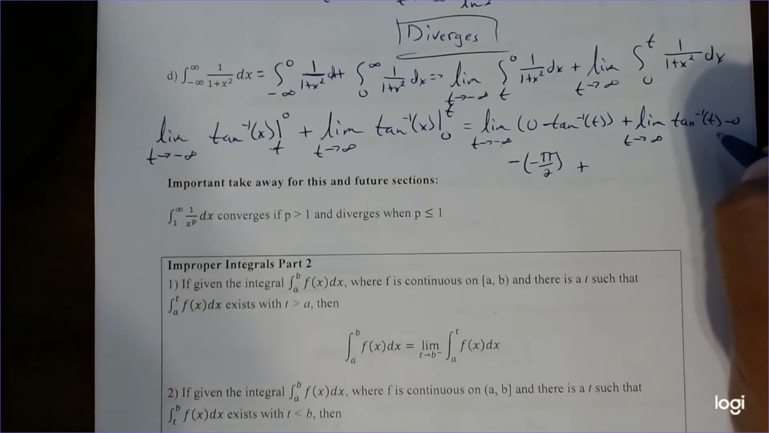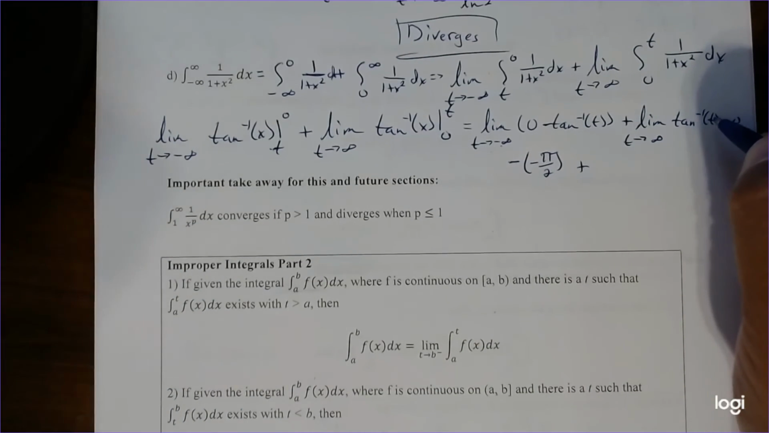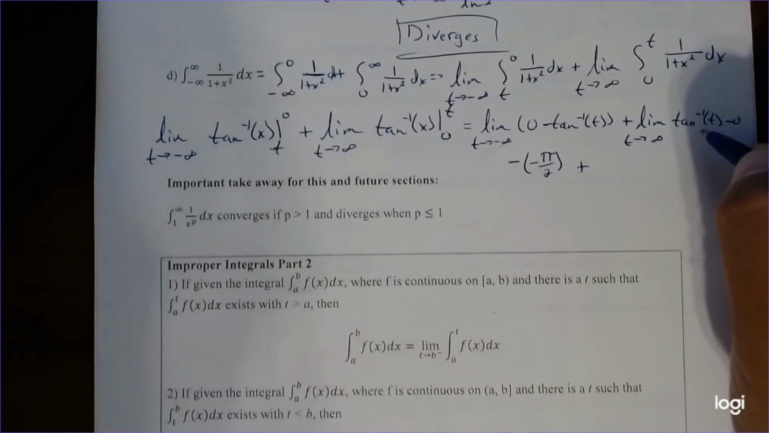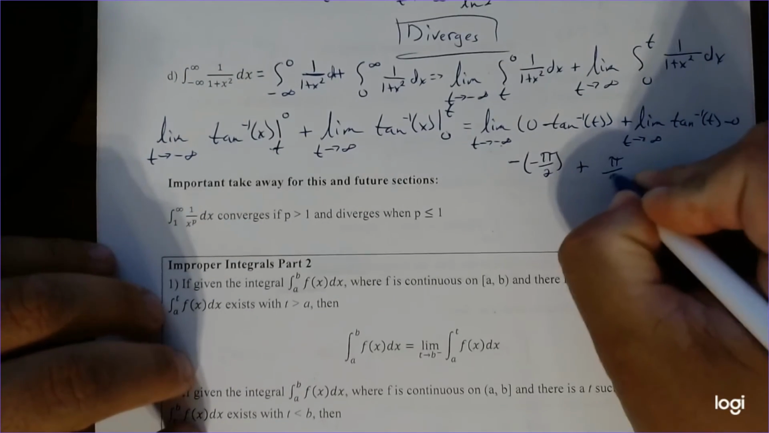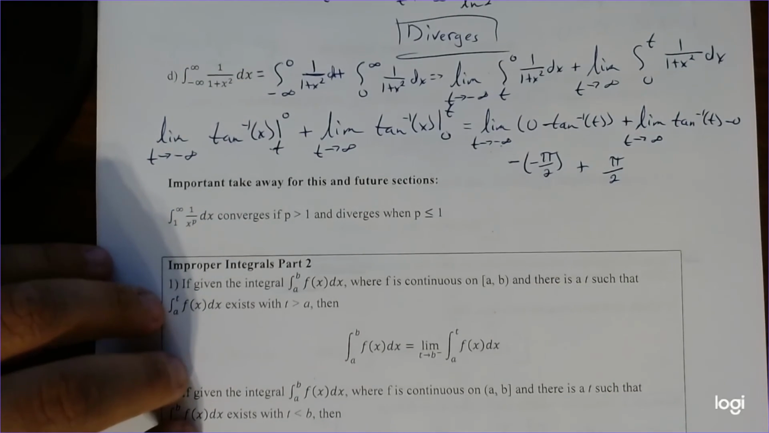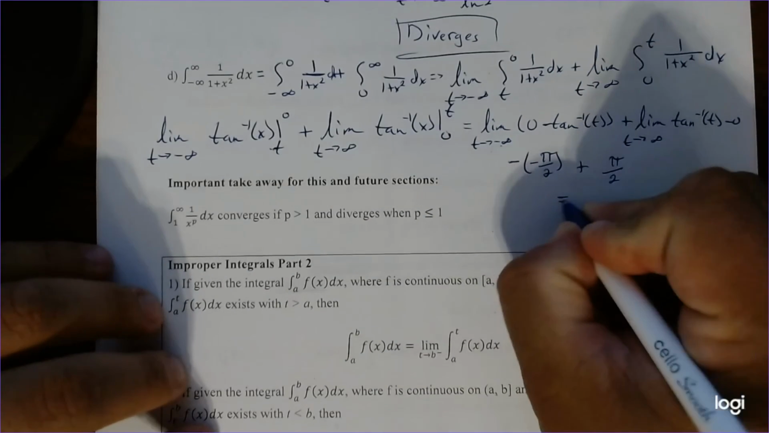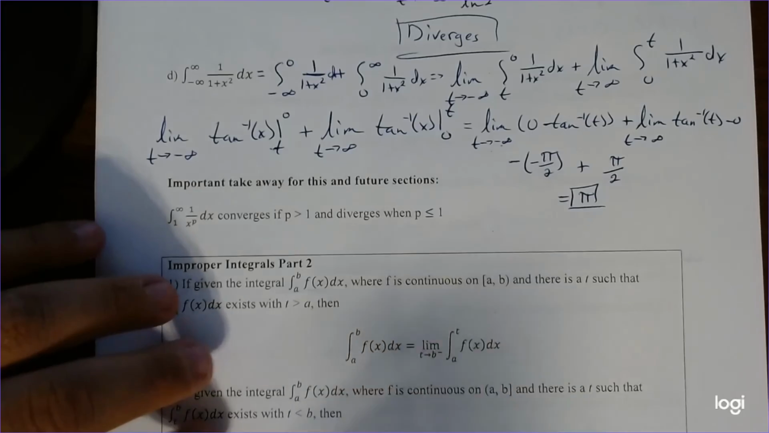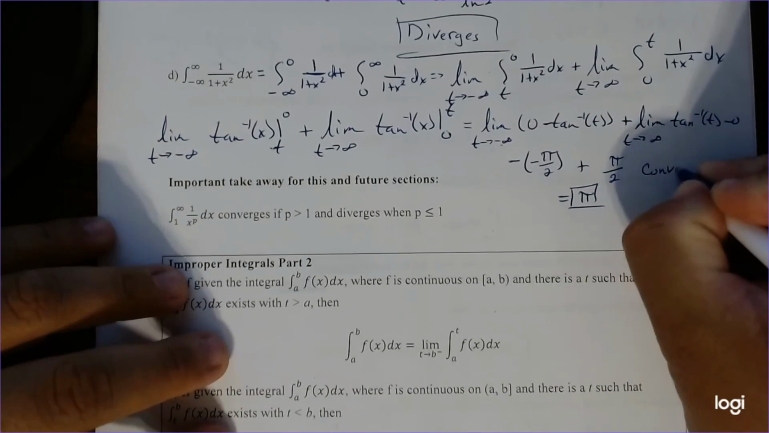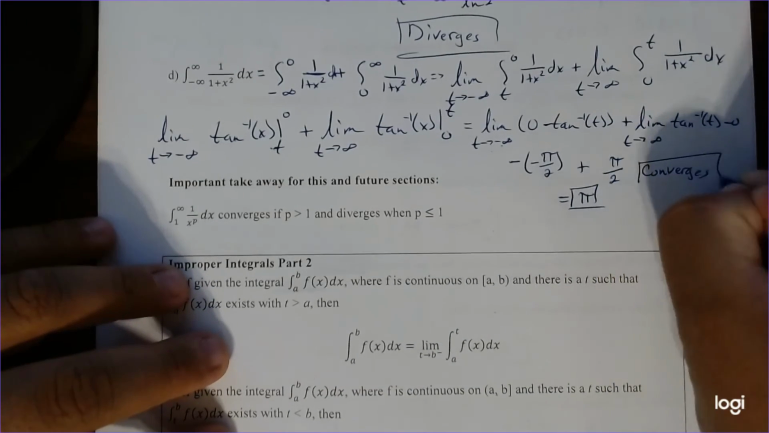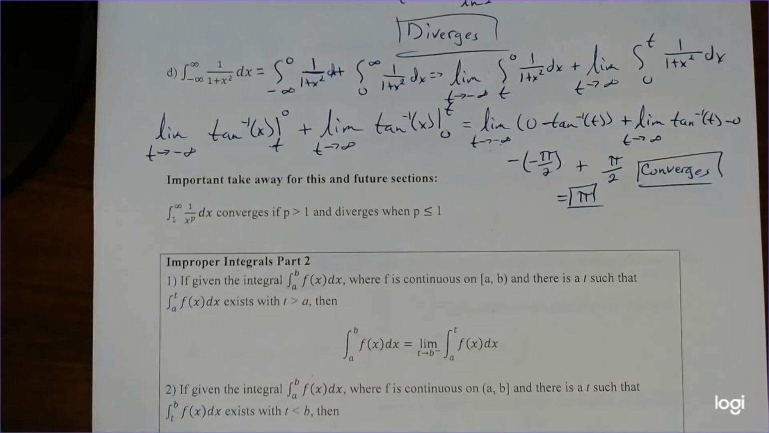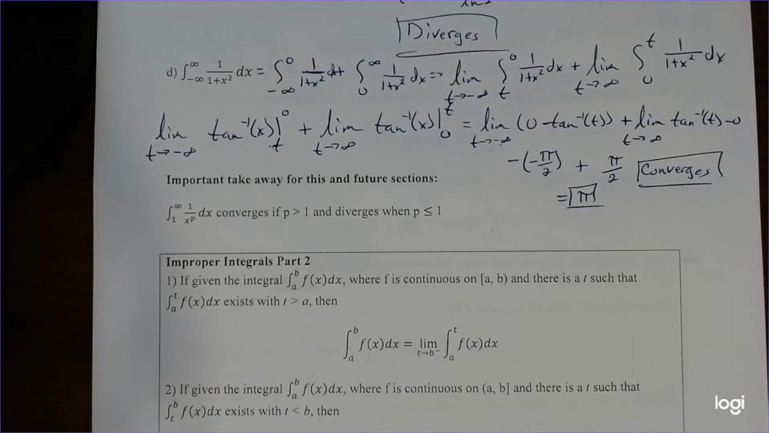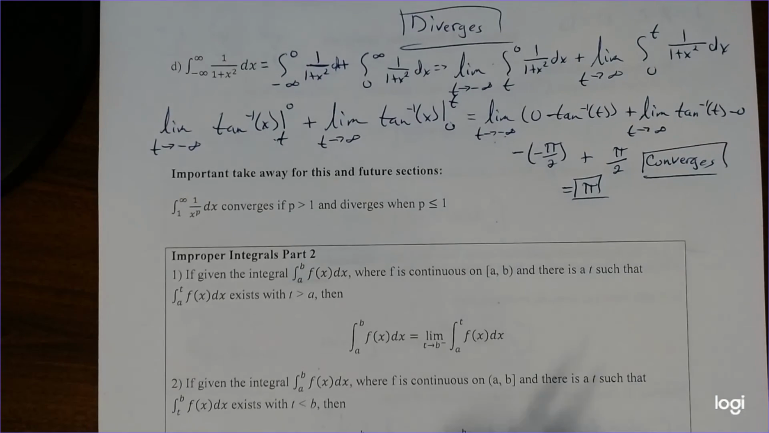And the opposite goes over here. As t goes to positive infinity, this goes to positive pi over 2. So adding these up just gives you pi. So therefore it converges. So a little lengthy process when it comes to that one there. Oh, so we keep going. There's one very important integral, just like